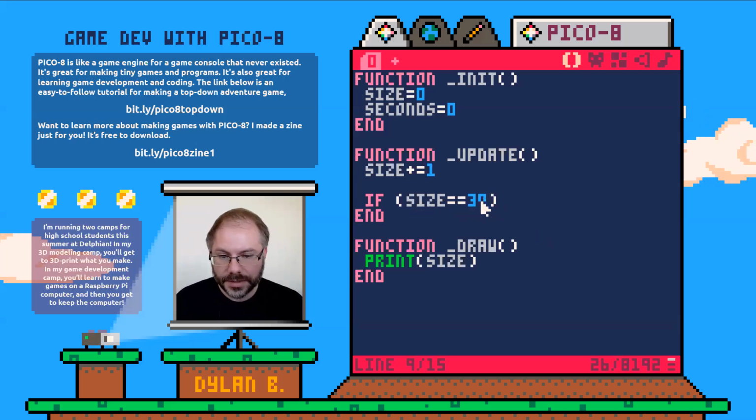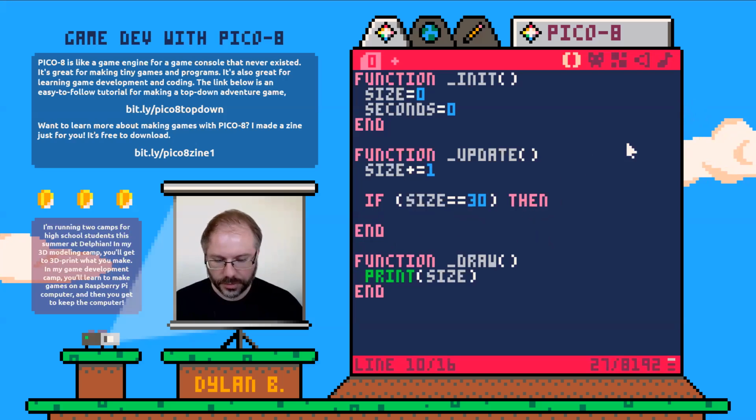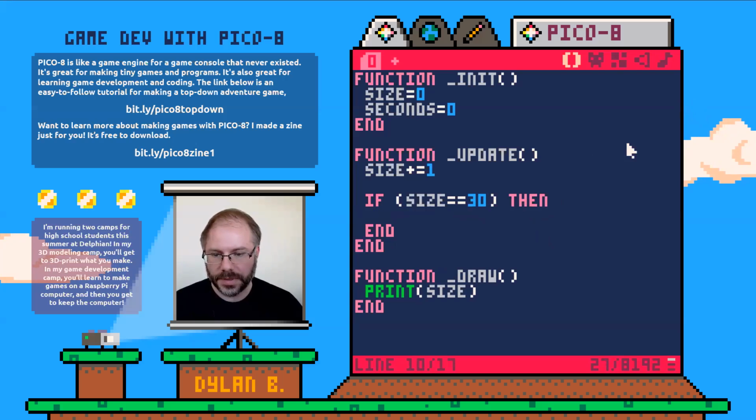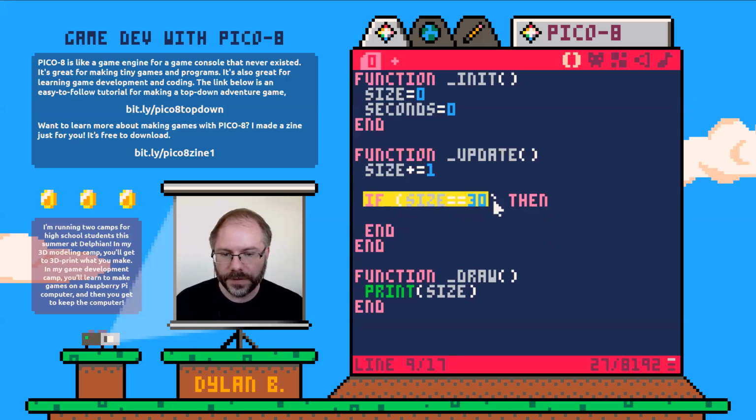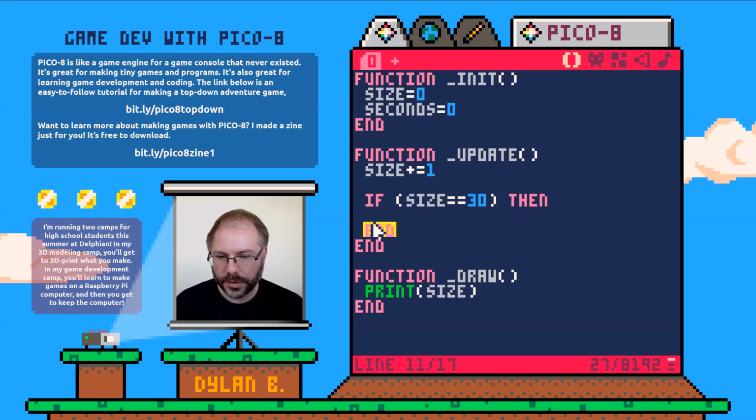But if size is 30, then, and we have to write then and hit enter and then end. And what that means is that if this is true, then do all the stuff in here, in between here and the end. So we say if size equals 30,